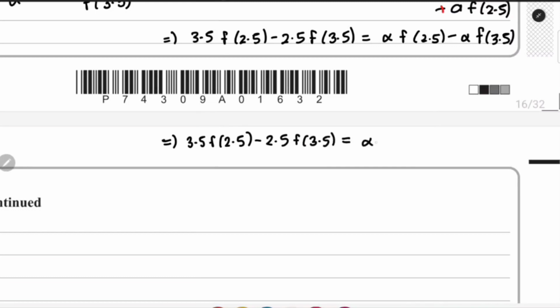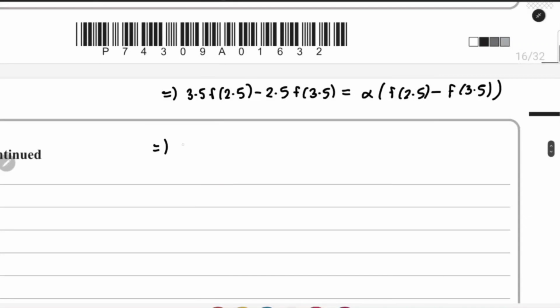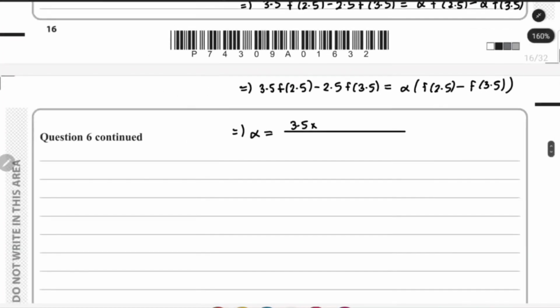We can take alpha common out here, so we'll get f 2.5 minus f 3.5. Now we can just subject alpha out. We'll get 3.5 times f of 2.5, which is